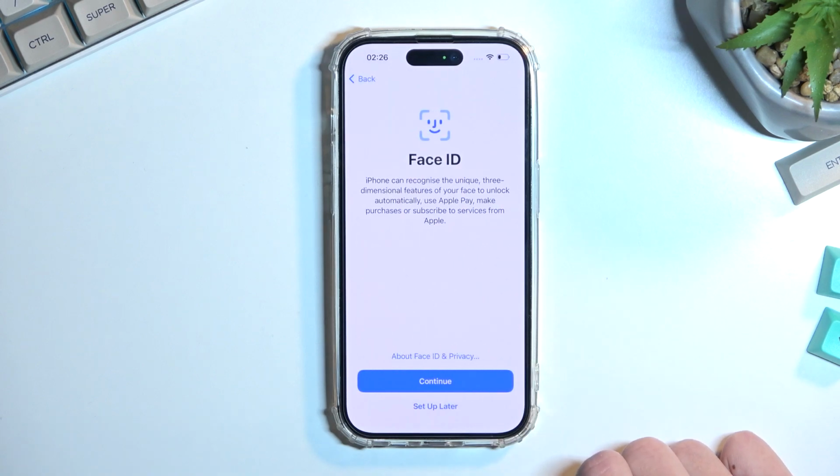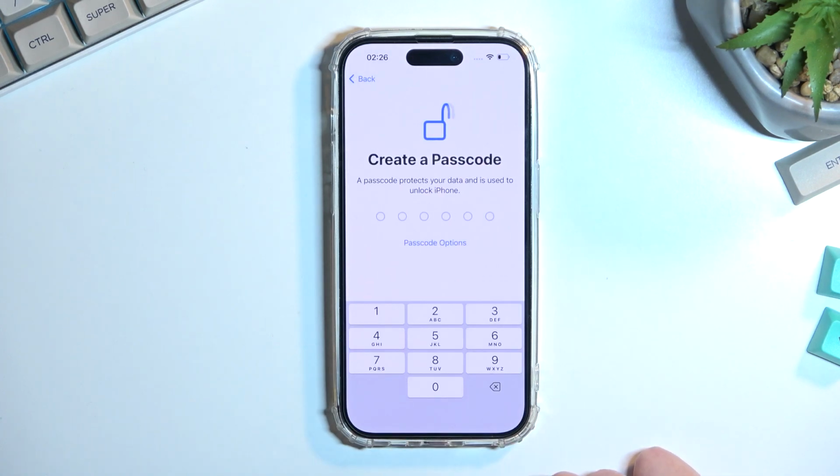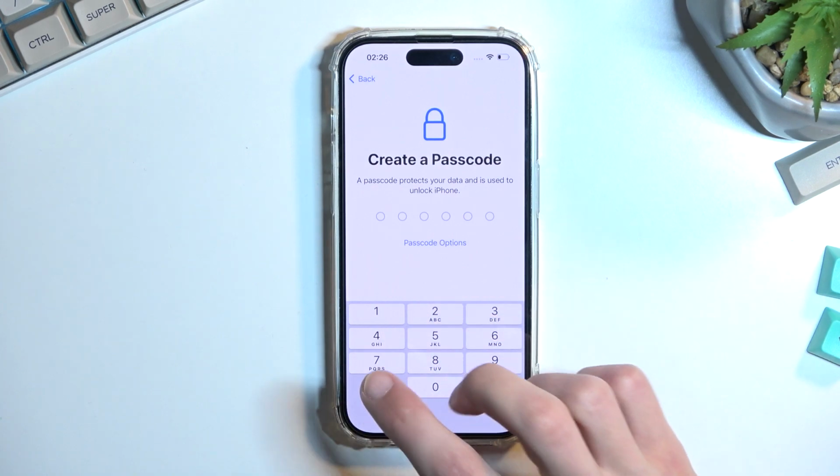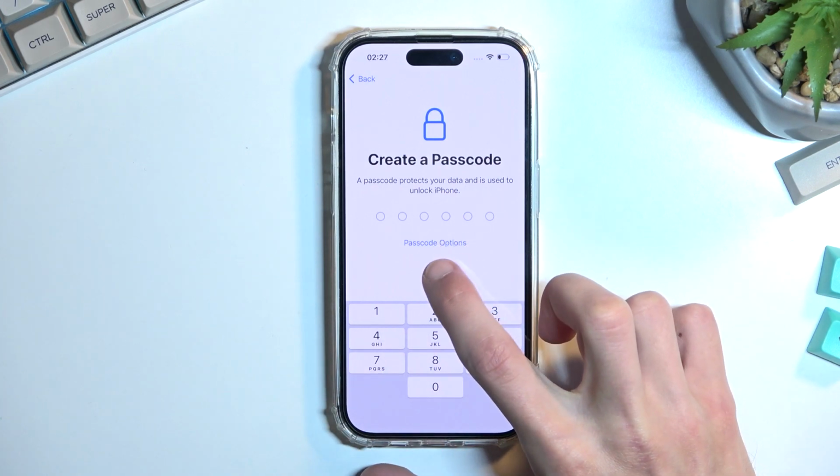And this will bring us to Face ID. So here, if you're planning to set up a Face ID, you also need to set up a PIN. I think that's the only thing you can set up. Obviously, if you don't want to, you can set it up later. Now we only have a choice between PIN and Face ID. Well, technically, if you're planning to use Face ID, you always also have to have a PIN, like I mentioned. And you do have a